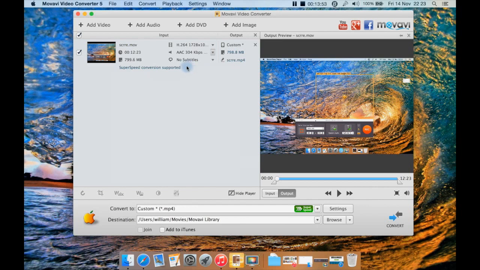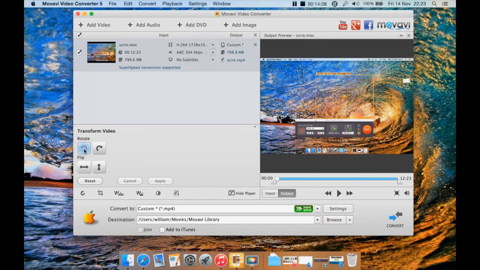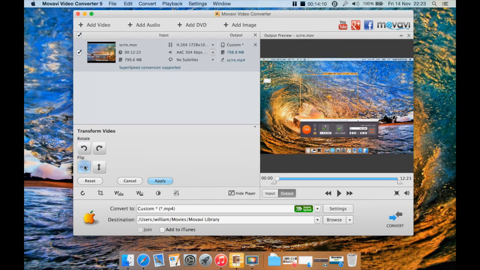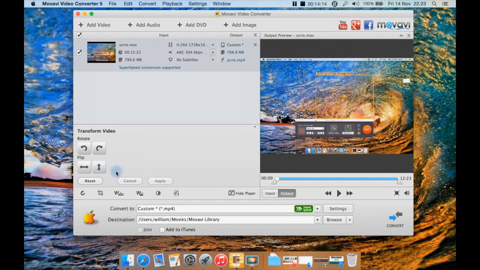Now, if we click anywhere here to select that particular video, if you have more than one, you can go down here. This one here is transform video. You can rotate, let's just do it, there. You can rotate your video, you can flip it. Most likely these type of things you'd be doing in another editor if you're doing that sort of thing anyway,